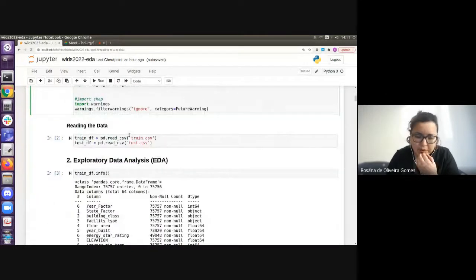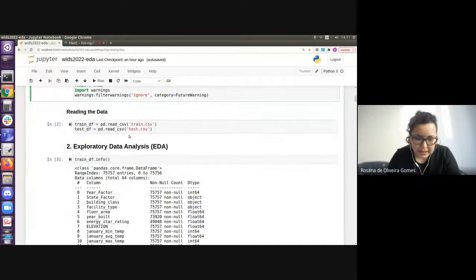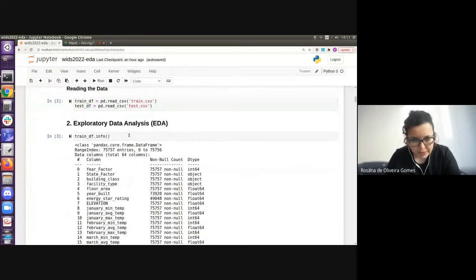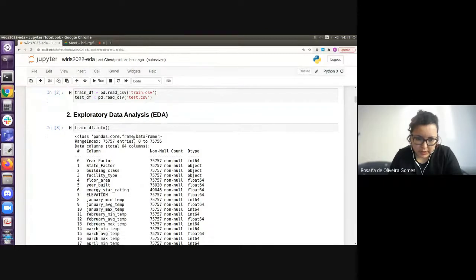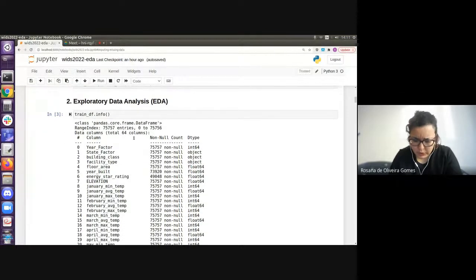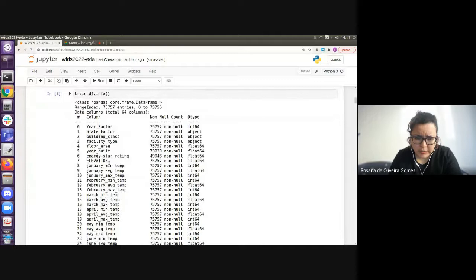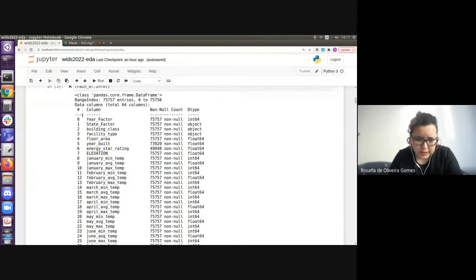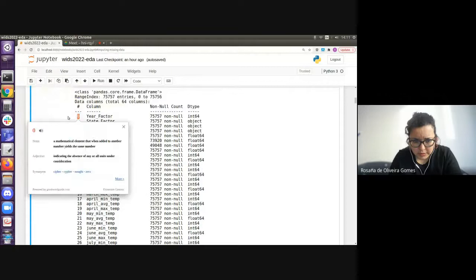I guess you guys are all familiar with this, but just in case. The typical steps for looking into your data: you can just do an info to see what columns you have over there, what the type of your data is, what the number of non-null values is, and so on. Here, just pay attention that we start with 0. This is very typical for